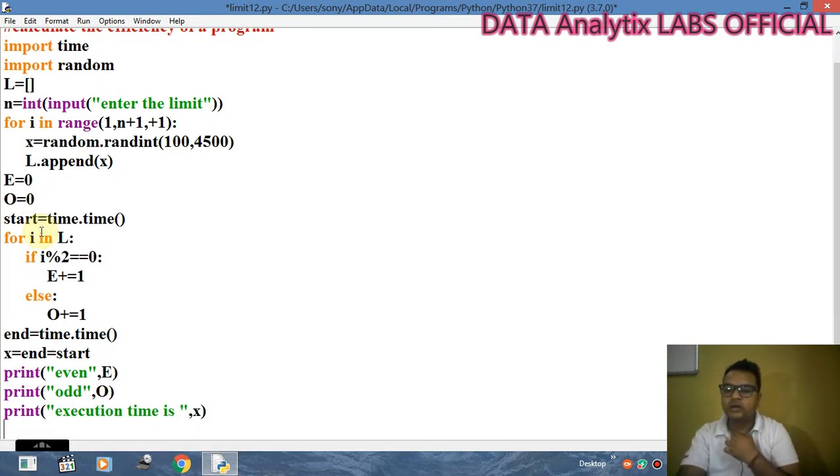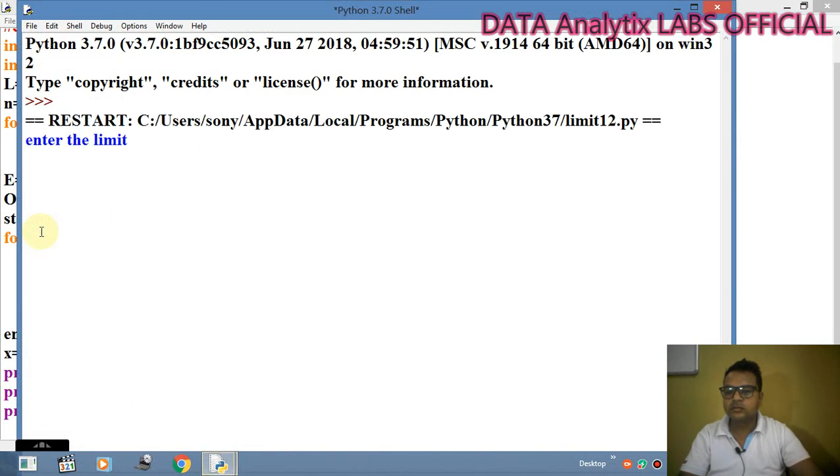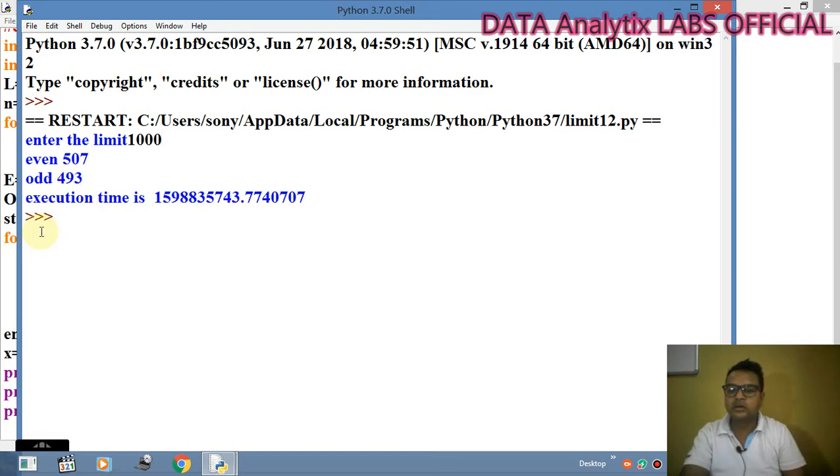ठीक है. Now this is what we have done. Now if I run my program, it is asking me about my limit, and now I'm passing 1000. So almost this much time it has taken.